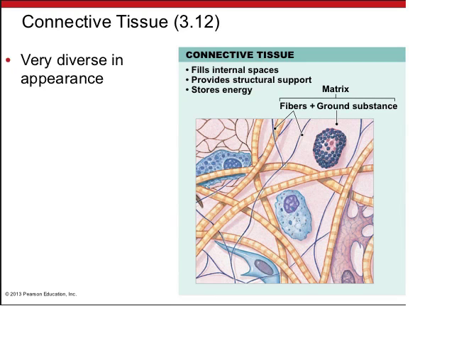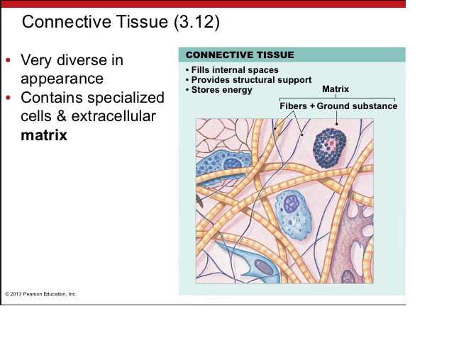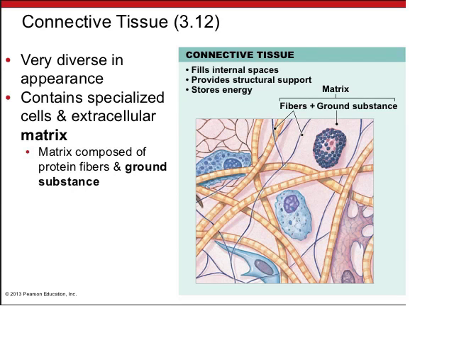Connective tissue is kind of almost the reverse of epithelial tissue, and it's characterized by very few cells and a whole lot of extracellular substance. Sometimes that substance might be semi-solid. Sometimes it might be a liquid. Sometimes it might be a solid. It's diverse in appearance. It contains specialized cells and matrix, that's the stuff between the cells,